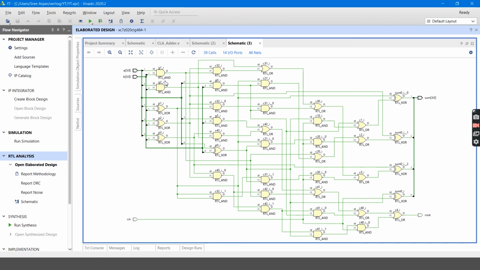Each cell is an RTL cell, that is 39 gates, and 14 input output ports, that is 4 plus 4 is 8, plus 1 is 9, 9 plus 4 is 13, 13 plus 1, sorry, 14 input output ports, and 48 nets, that is wires. These are all wires.